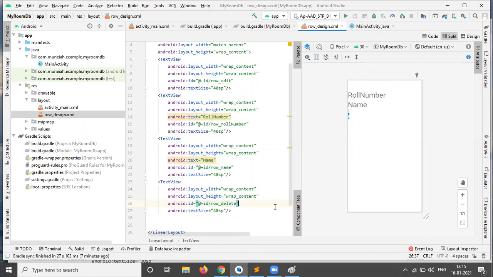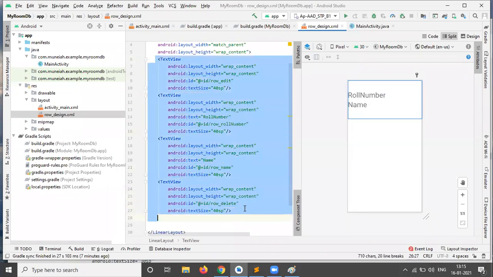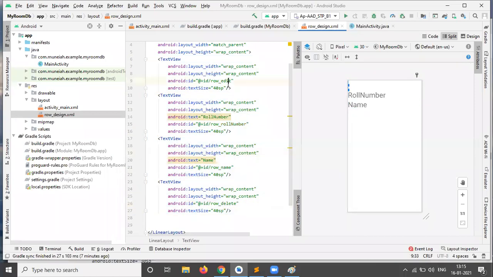So finally I took four text views: one for edit, second one for roll number displaying, third one for name displaying, fourth one for delete.